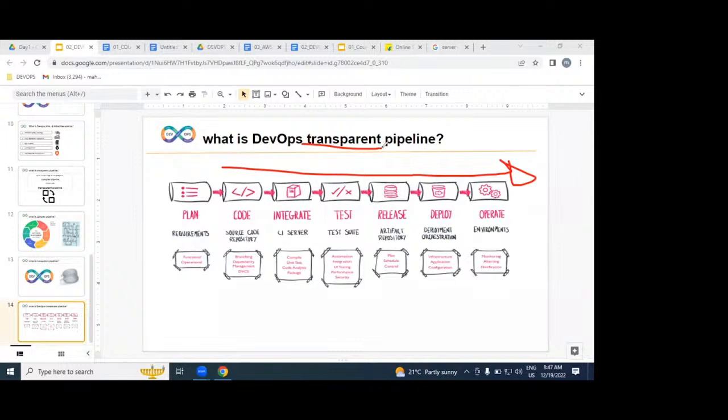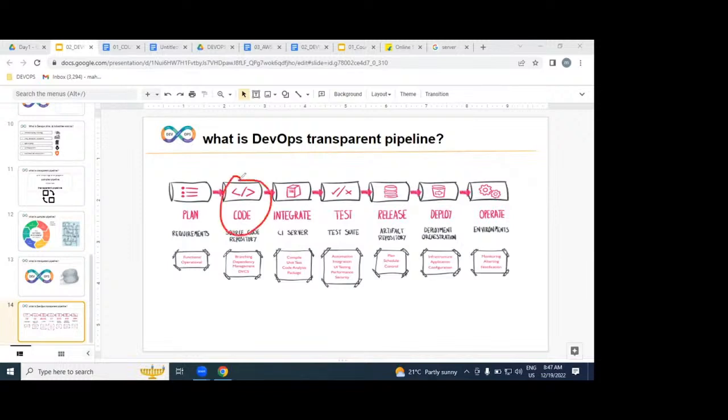To increase speed, to increase quality, to decrease cost. For that purpose only, we are implementing our DevOps process from the dev environment to operations. So let us understand this DevOps process stage by stage, and what exactly are the roles and responsibilities in each stage.